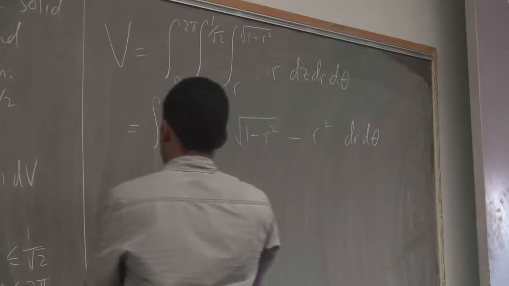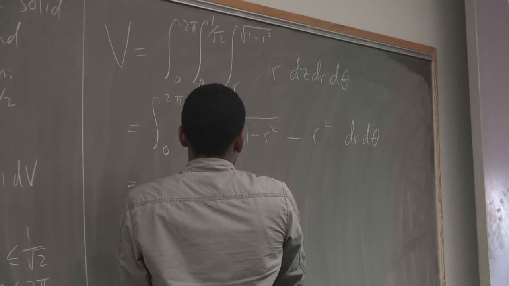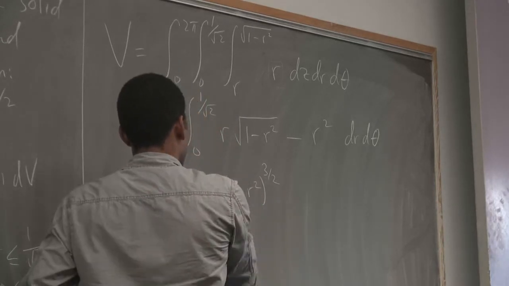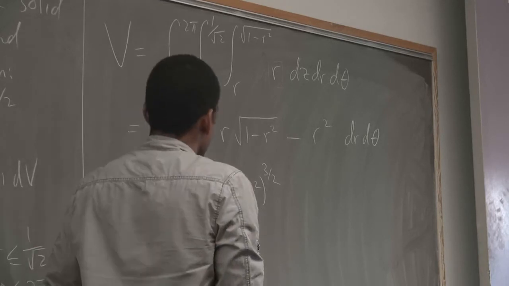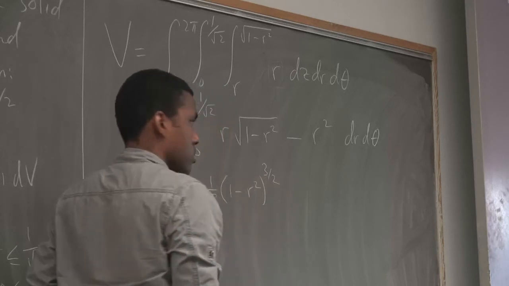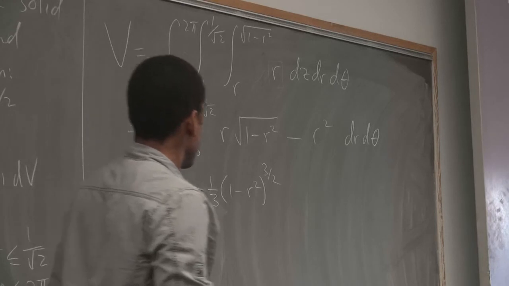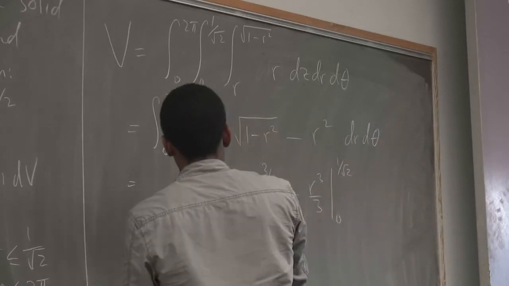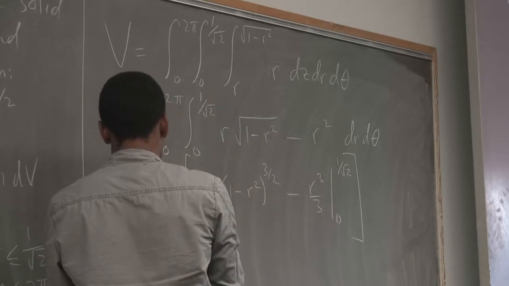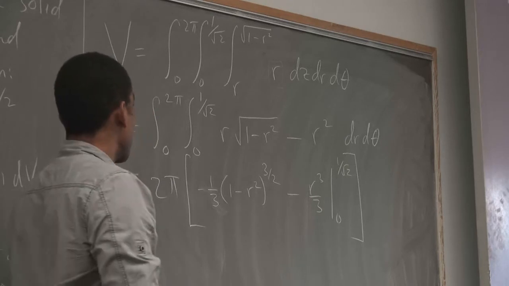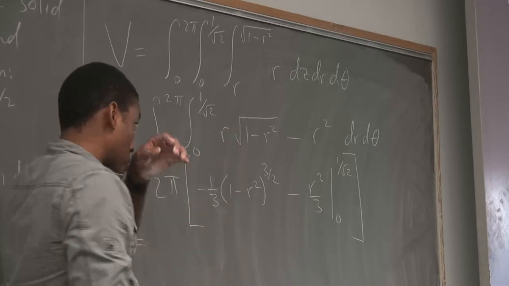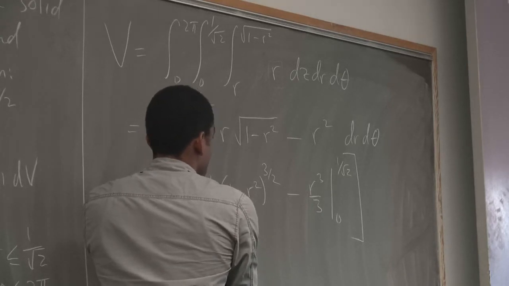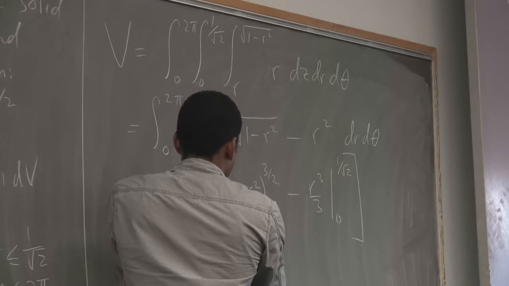And so this you can use substitution for, right? That's going to give you minus a third of 1 minus r squared to the 3 halves, minus r cubed over 3, from 0 to 1 over radical of 2. You can do substitution for the r that was outside of the radical, and you get this. And so this would be 2 pi times minus a third, times 1 minus a half, so 3 over 2,